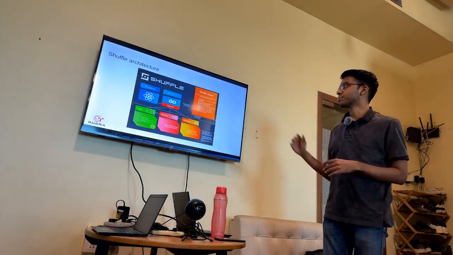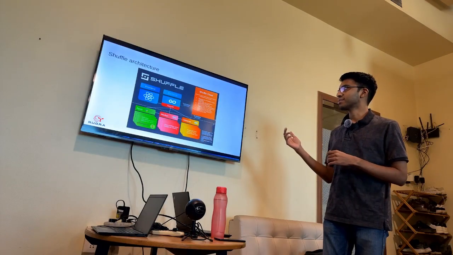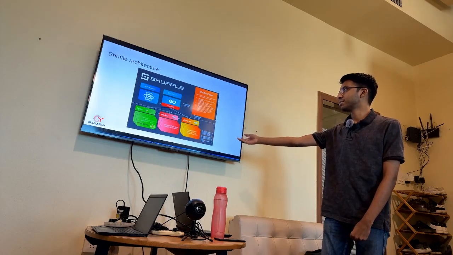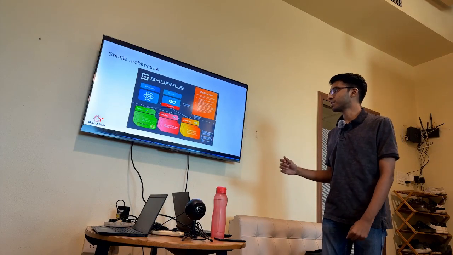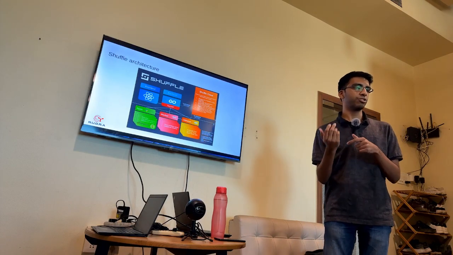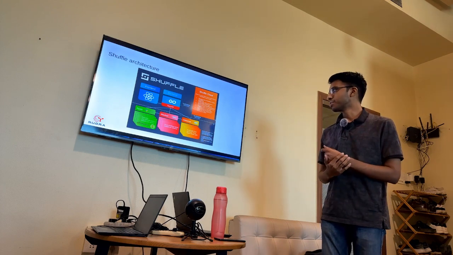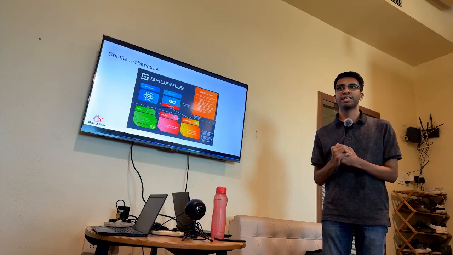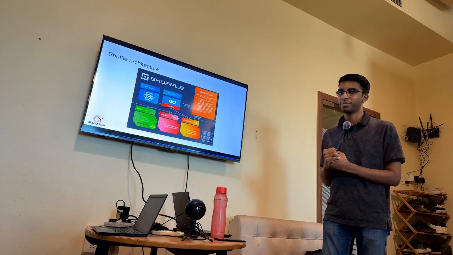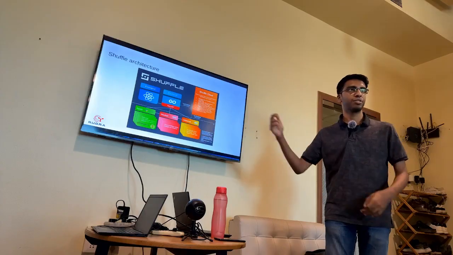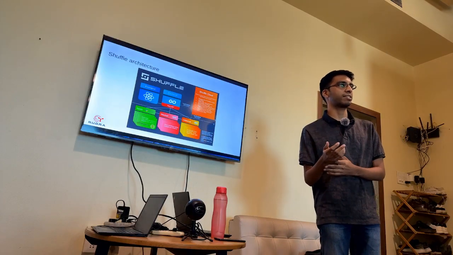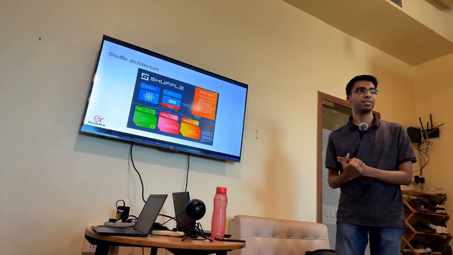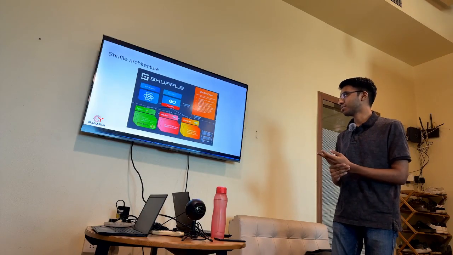The architecture of Shuffle is a little like this. It's got a front end, it's got a back end, and there are three components which sit beneath the back end. You've got the apps component, where you can write your own custom app. You've got a worker which runs your app, and you've got Orborus. And Orborus is effectively, I'm not quite sure how to put it, but it manages the workers. So if a worker, for whatever reason, doesn't get created, it will raise an alert. If there are multiple workers running, it will handle concurrency. It does a lot of that stuff.